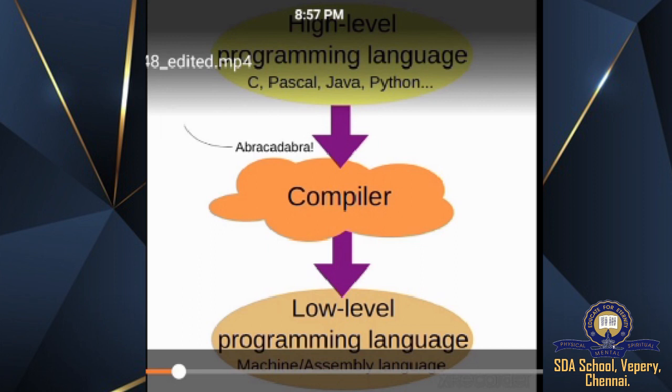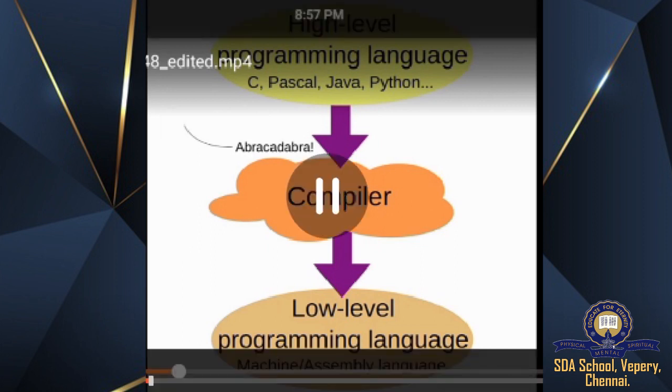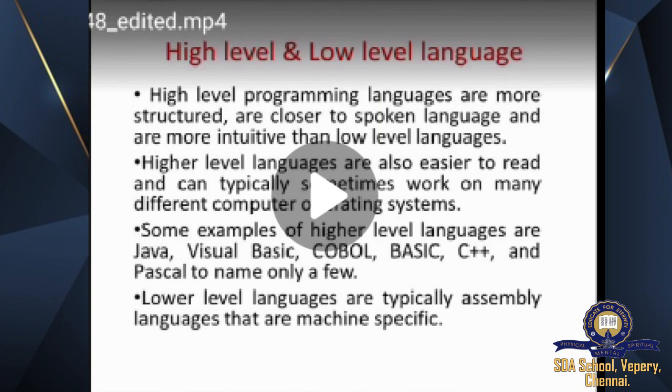Low level languages are understood by the computer in a better way. They are more capable with the hardware of the computer system and consist of binary codes and mnemonic codes. Further, low level language is classified into two types. One is machine language and the other one is assembly language. Machine language is the lowest form of a computer language.